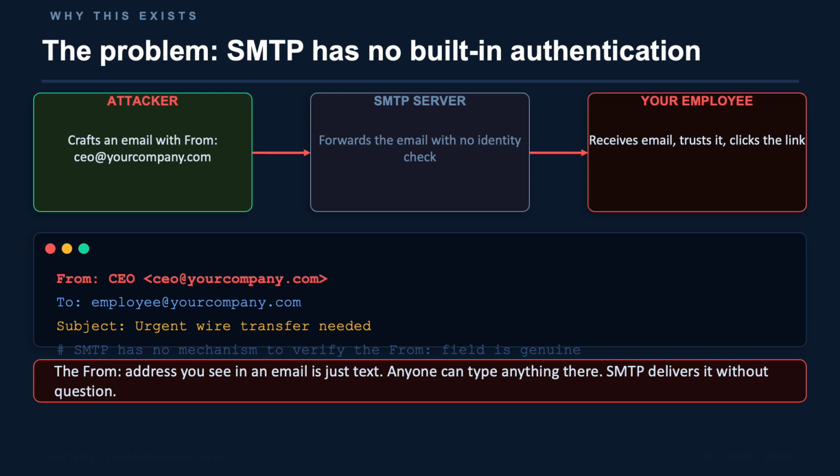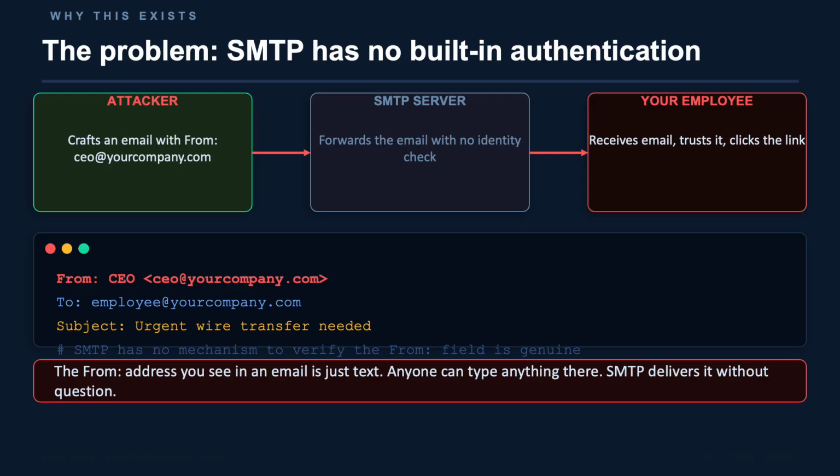So from the screen, you can see that an attacker sets up their own mail server. They craft an email and put CEO@yourcompany.com in the from header. They send it to one of your employees. The receiving server has no information in the message itself that tells it that it is fake, so it delivers the email. Your employee opens the email